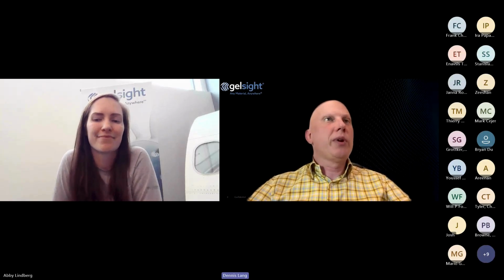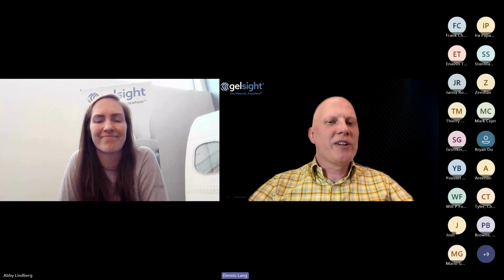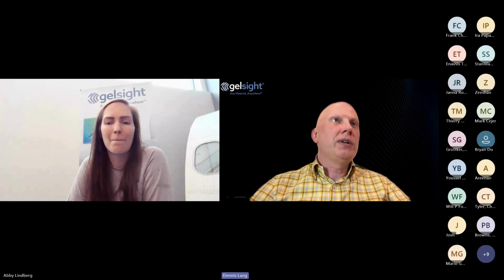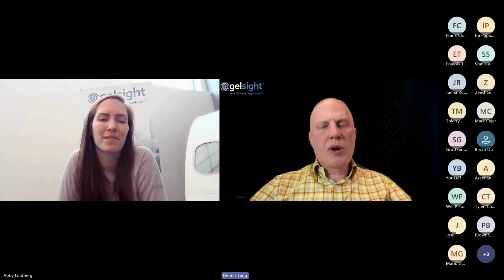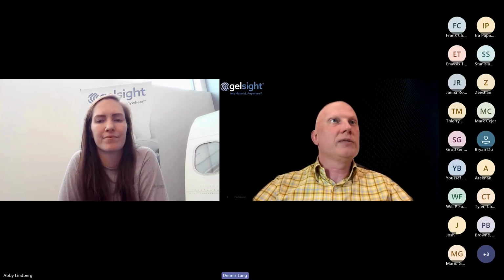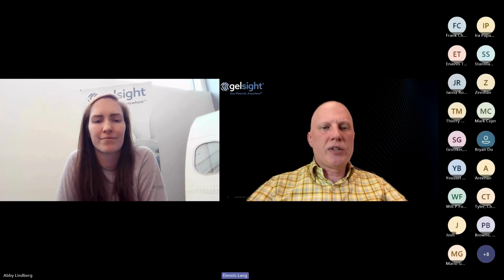Yeah, there's a couple of different ways you can do this. It's public. We have a partnership with Hexagon. Actually, I see at least one person from Hexagon here today. And we connect to their arm. With the arm and GelSight solution, you are able to move around the surface and track your measurements on the 3D model of the system. So feel free to reach out about that, and we can definitely get you up to speed on what that